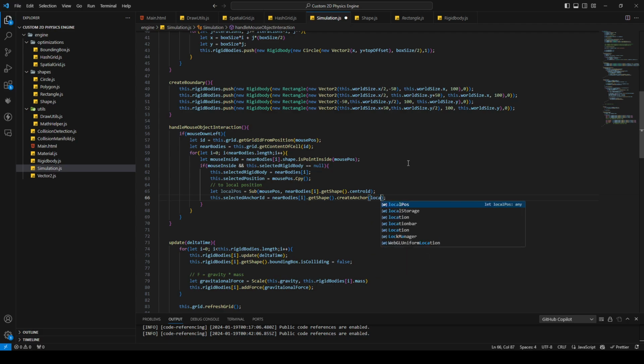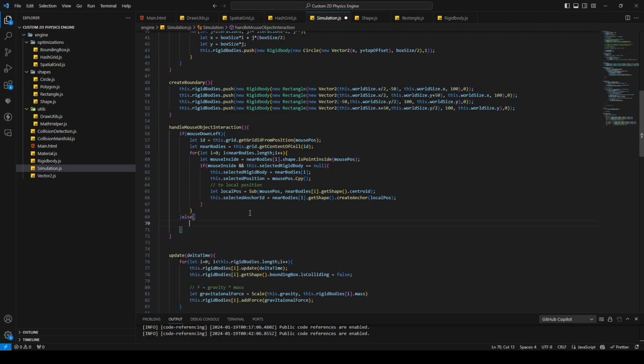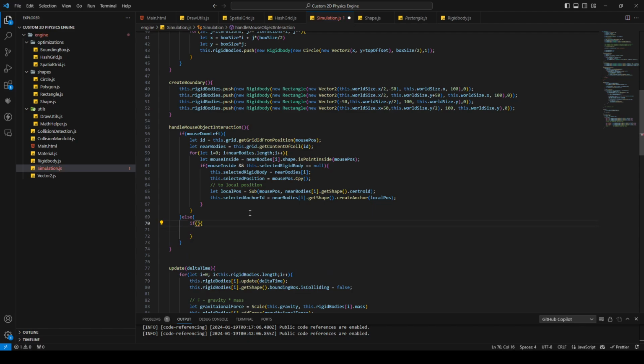And here, that's our local position. And now we have our selected anchor. Okay, and what if the mouse on left is false? So we are not pressing our mouse anymore. Well, we're saying if this.selectedRigidBody is unequal to null, so we have a selected rigid body, then